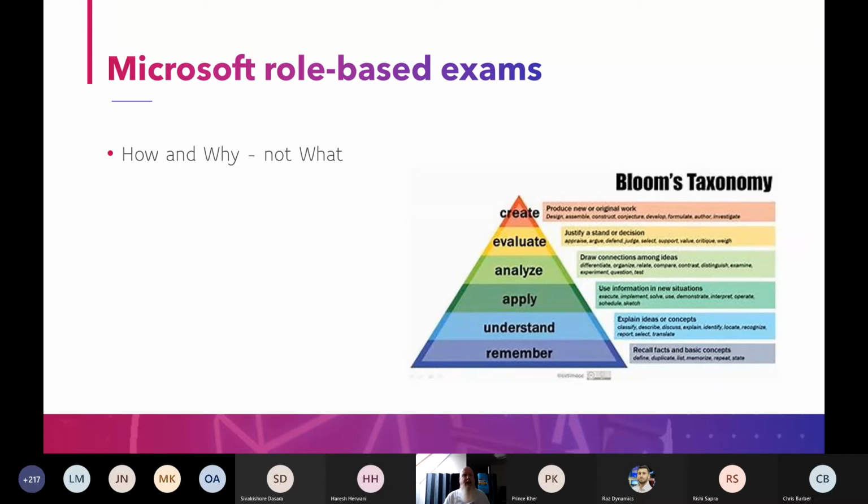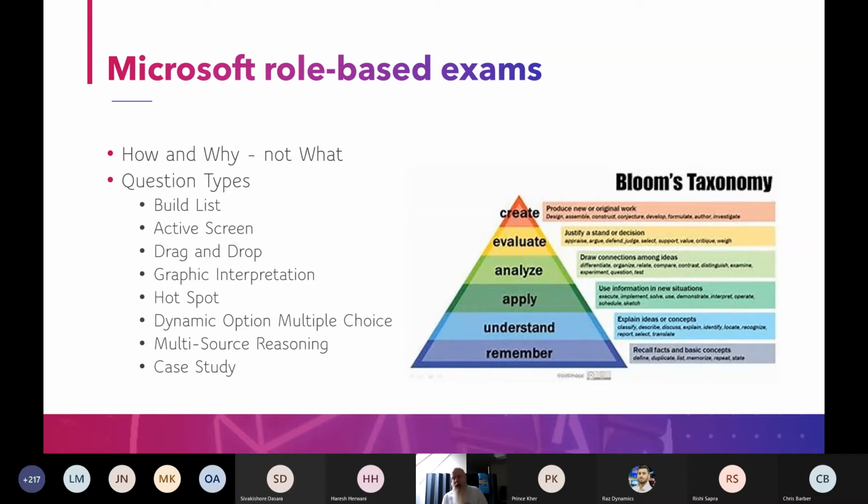We also have a number of different question types. In the past, they were all what I call MCQ, multiple choice questions. Around half the questions are single or multiple choice, so select 1 from 4 or 2 from 5 answers. About half the other questions are what they call, what's the word? I can't remember the name for it. Interactive type questions. So drag and drop, where you drag answers over and drop them in, or they have a drop down list, so you have to select from a drop down list.